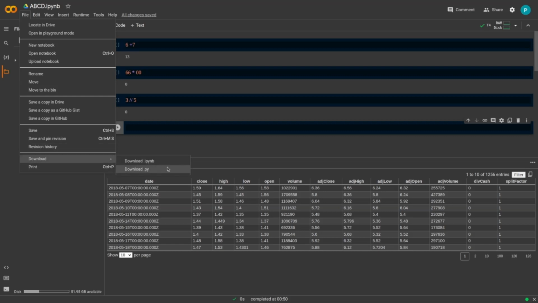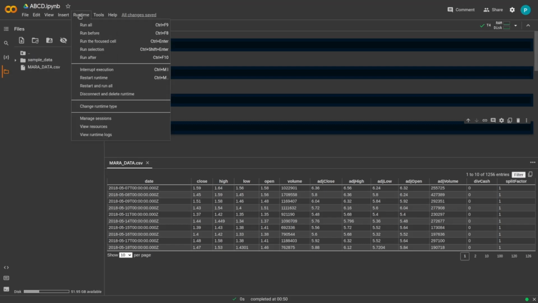You can also download the basic Python file of your notebook. So download the Python file of it, upload the previous notebook that you saved, create a new notebook, and there are a lot of things you can do. So play with these